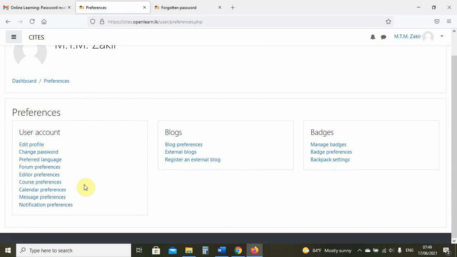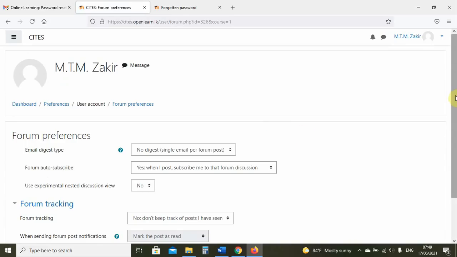As students, you are allowed to change things which are within your control, and they will not make a difference to the LMS. So you can go in and make some change and see what happens, whether there is a difference in what you see. Here I want to point out these forum preferences, because the discussion forums are a very important part of this LMS and how we will use it.